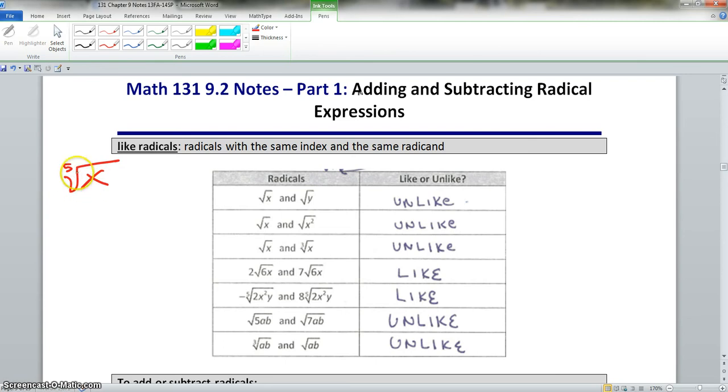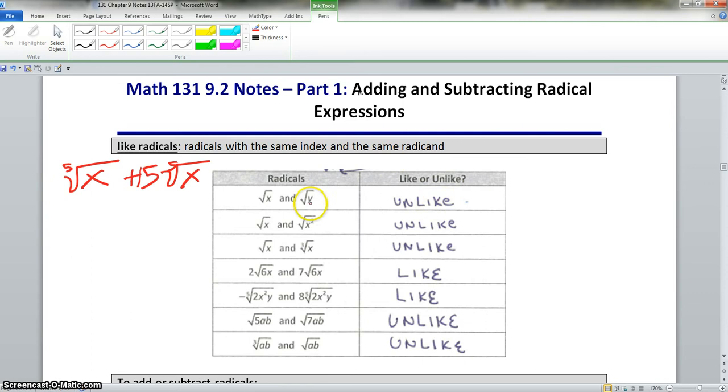In order for this radical to be added or subtracted, whatever is added or subtracted to must have that same index and that same radicand. So it must have 5 for the index. Well, let me make this a 15 so you'll see the difference. It must have 5 for the index with the radical, and the number under the radical, which is the radicand, must be the same. Now, if we look here, we have the same index, but we have different values under the radical, so they're